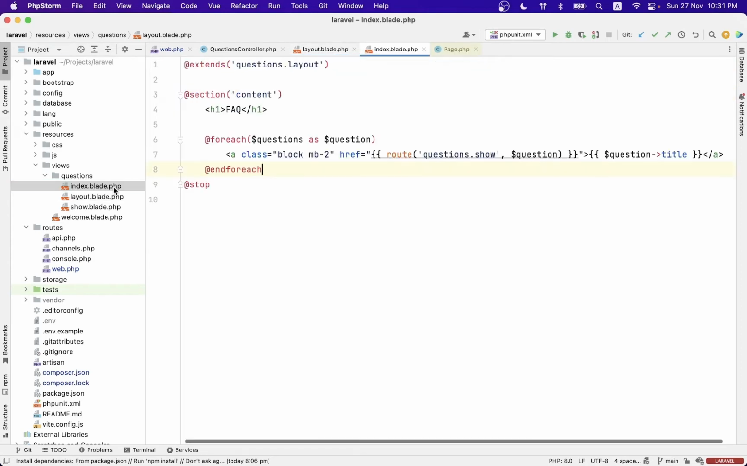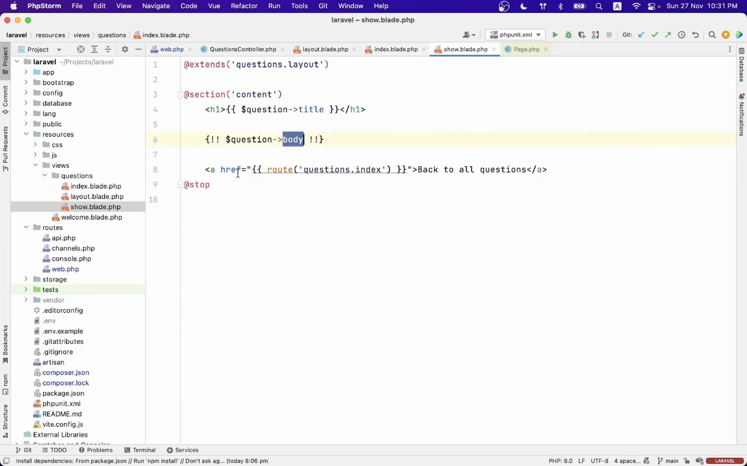And then inside my index, I'm just looping through all those questions, or all those pages, and having a link to each individual question. And in my show page, I have the title of each question and I have the body of that question. And what I want to point out here is that I'm making sure that the body is not being escaped, because the body will contain HTML and we want to make sure that the HTML gets